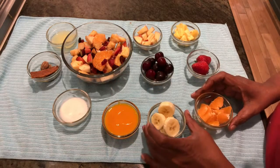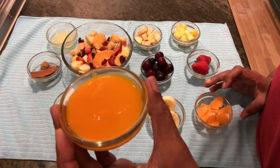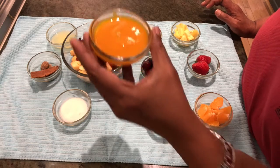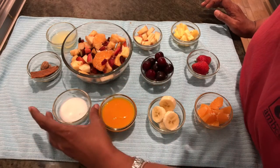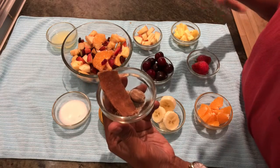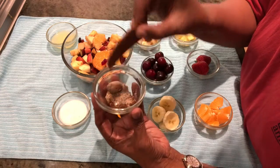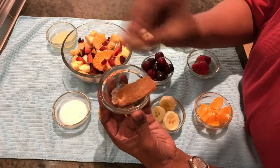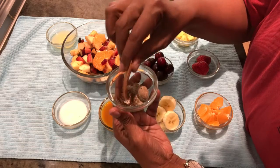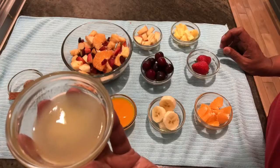Oranges, banana, and this is mango puree which I had made yesterday for today's milkshake, so I thought of putting it in my fruit jam. Sugar, mixed spices, I thought of putting it just to give a punch and flavor to the mixed fruit jam. Cinnamon, cardamoms, cloves, and I'll be just scraping this on my scraper and putting a little of the nutmeg. The spices could be around 3/4 of a teaspoon, and we should have 1 teaspoon of lime